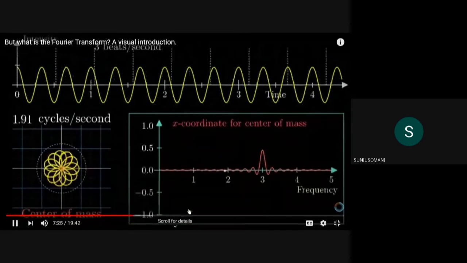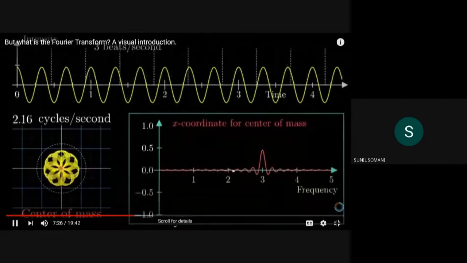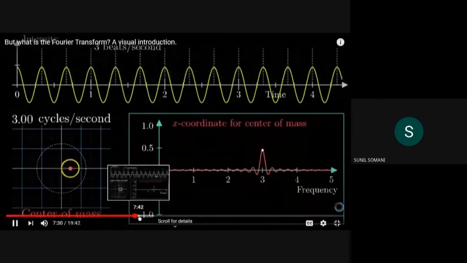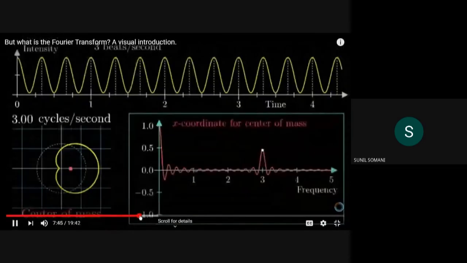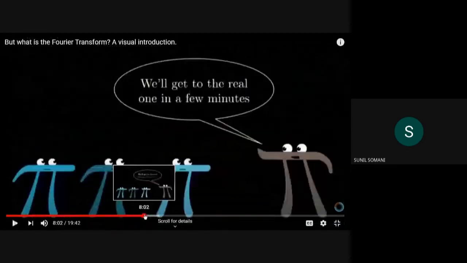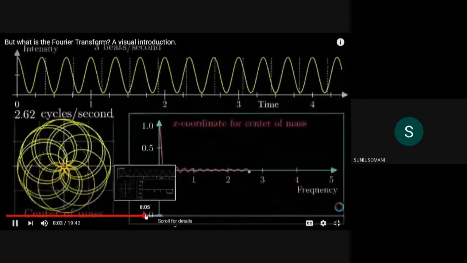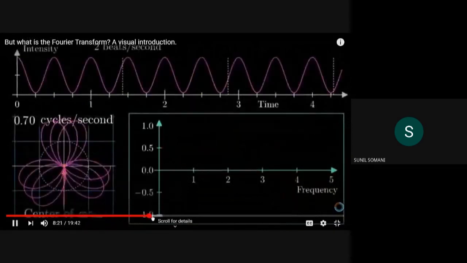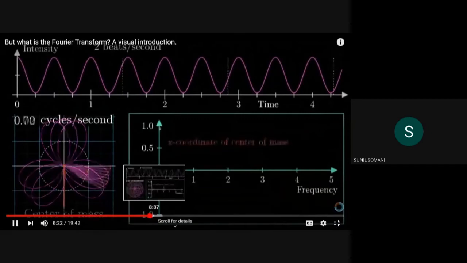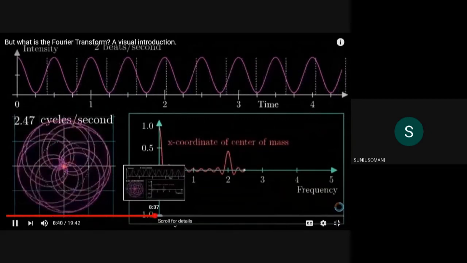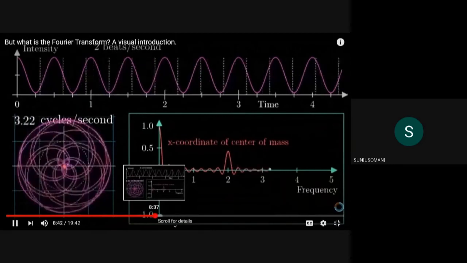This plot of the winding frequency versus center of mass would only have a spike at the value of our main focus, as far as frequency decomposition is concerned. Already you might be able to see how this machine lets us pick up the frequency of a signal. But the real key point, the thing that makes this machine so delightful, is how it enables us to take